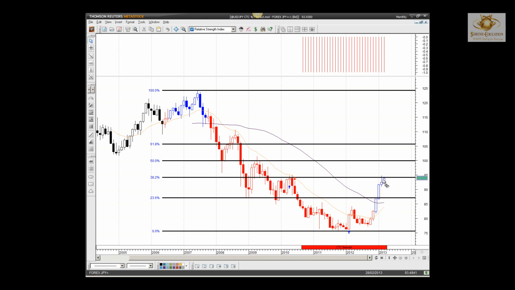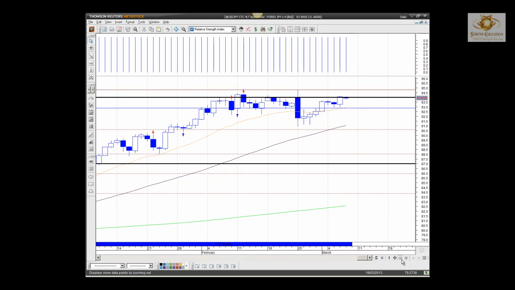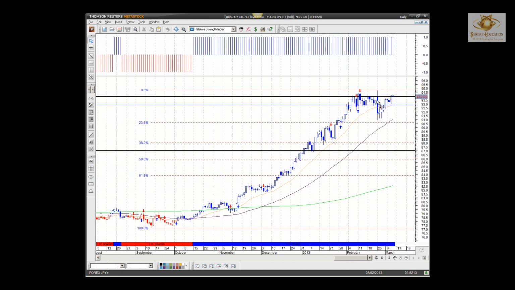Near term here, going into 94, also a long-term support and resistance level. Price consolidated. Very indecisive candle over that month. A lot of indecisiveness. This month, taking it on and moving higher. So price still wanting to go higher. So if you look at our daily, I've got to make a note of that 94.00. Look at what price did. Okay, we spent the last month going sideways, guys.